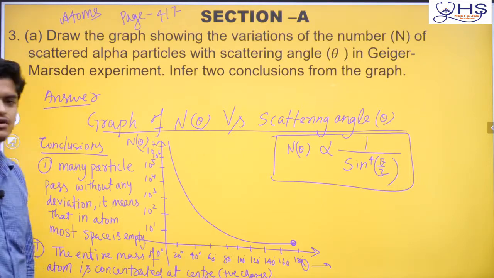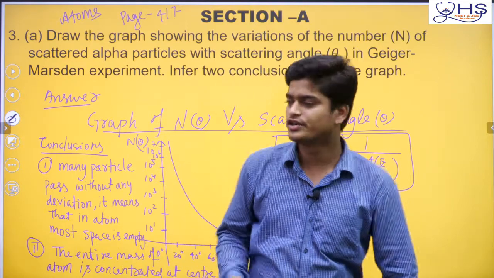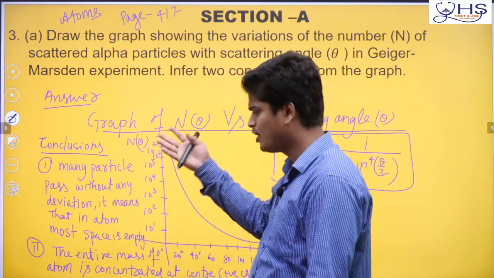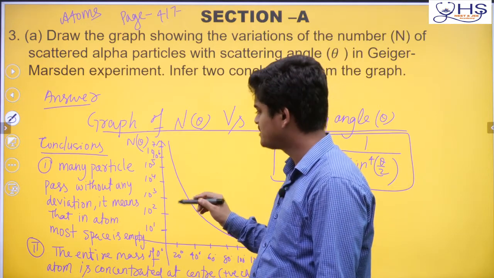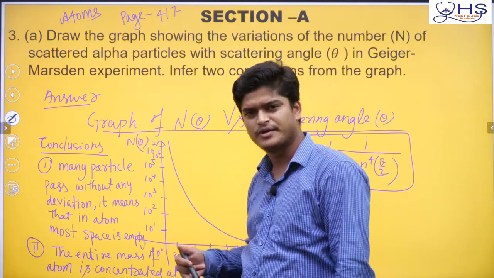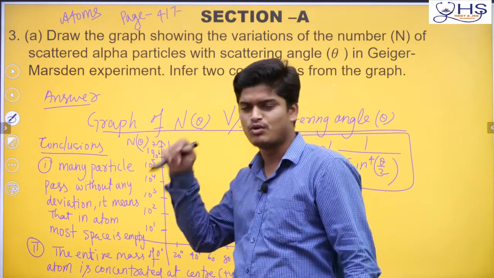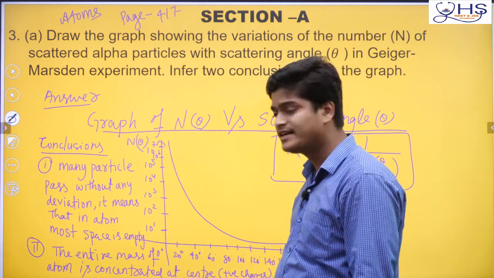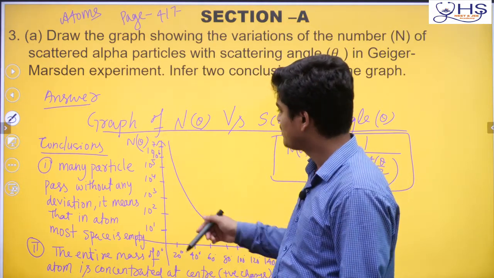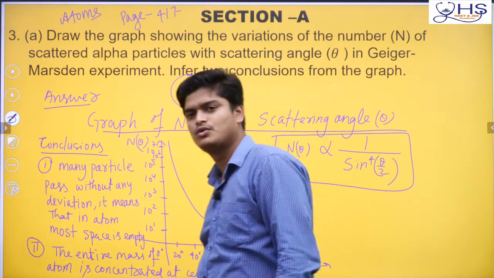Okay, so nobody can cut. Any other thing you can write here related to these graphs. Okay, some numbers are also given on the NCERT page, you will check. Okay, so check that page, you will see some numbers given. Some numbers like 0.1% more than 1 degree, some 1 in 8,000 greater than 90 degrees, like that type of things will be given. You can write other things, right? So nobody can take a mark out of your hand, 2 out of 2. Okay, so write this perfectly.